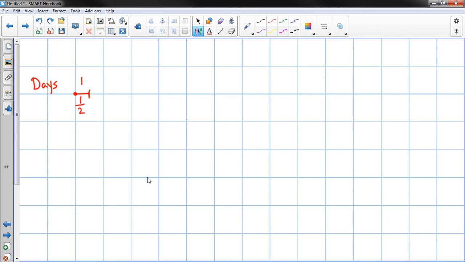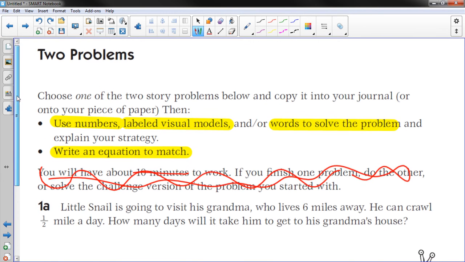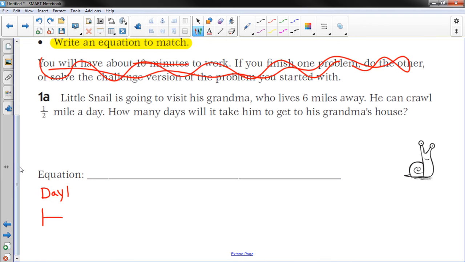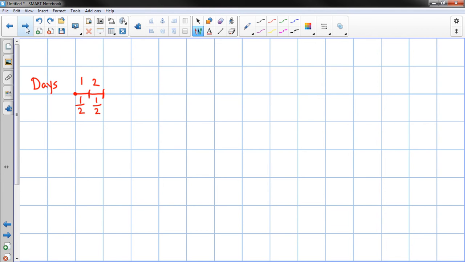Day two, he travels another half a mile. How far does he have to go? 6 miles. Okay. So right now he's gone 1 mile. Day three, he's another half mile. Day four, he's at